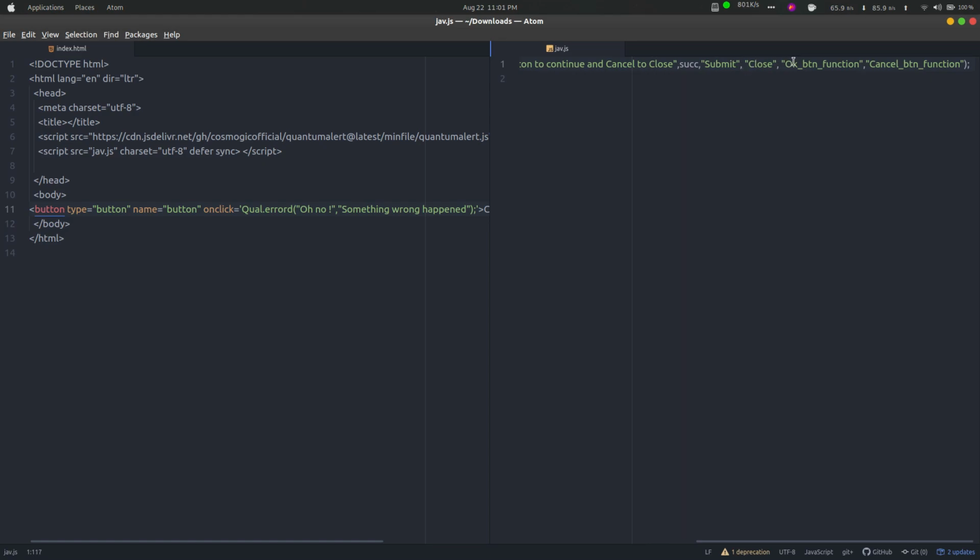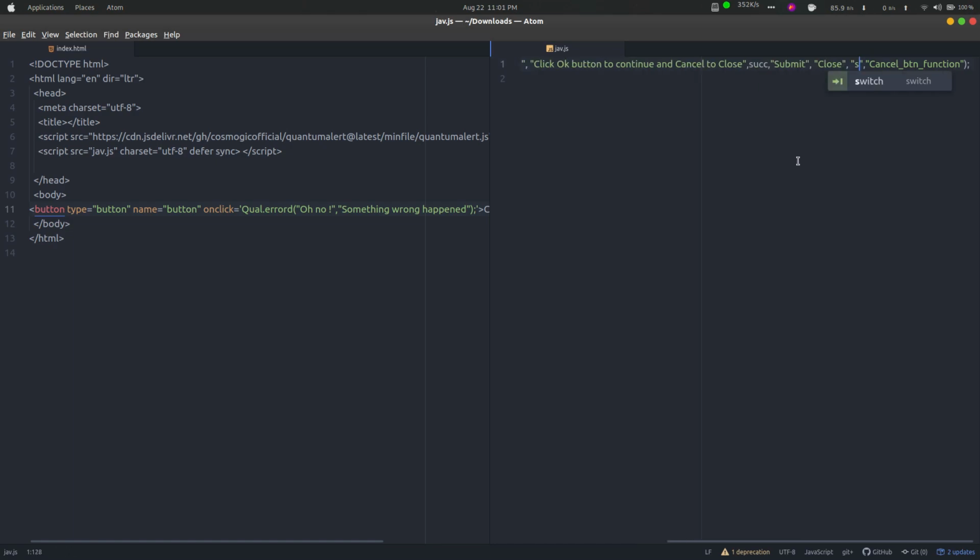Now the argument is for the function that you want to run on this submit button. When a user clicks on the submit button, you want to run that function. So you just specify the name of the function that you will declare in the file.